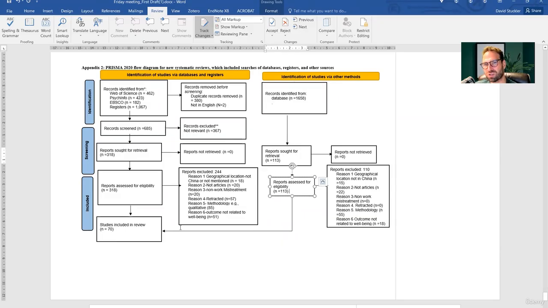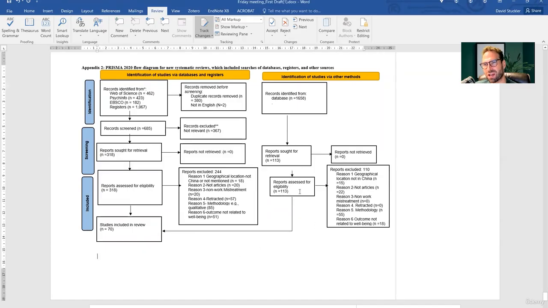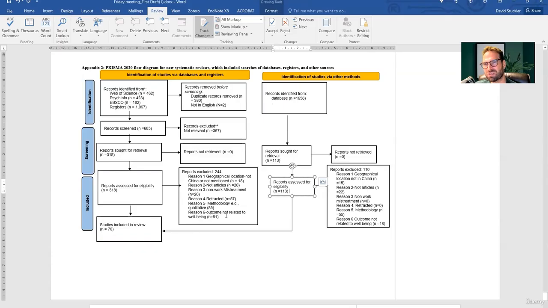But that's okay. So it sounds like 67 came from here, but these numbers still aren't quite adding up. I'm trying to figure out how many came from each branch. So 318 minus 244 is going to be 74. So your numbers aren't adding up.